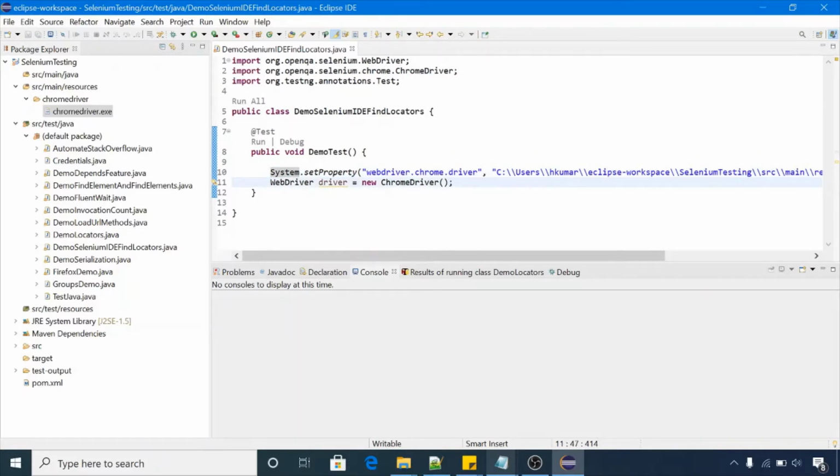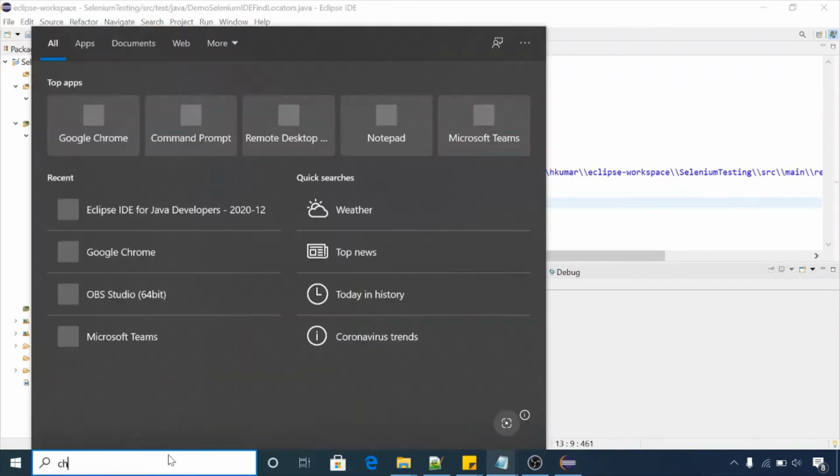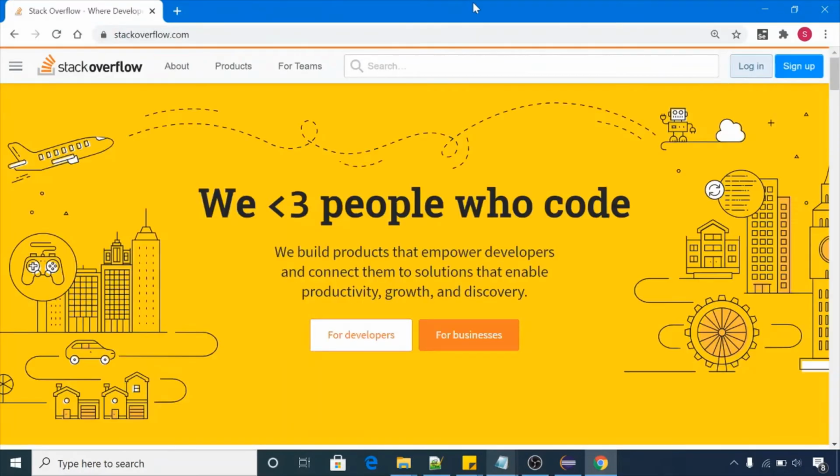So we will launch stackoverflow.com with driver.get, stackoverflow.com. It will launch the website. Now, as we did in the last session, we click on the login button of Stack Overflow. This is the home page of Stack Overflow, so we need to click on this login button. First we will click on the login button, then we will click on the sign up button. So we have to perform 2 operations in this script.